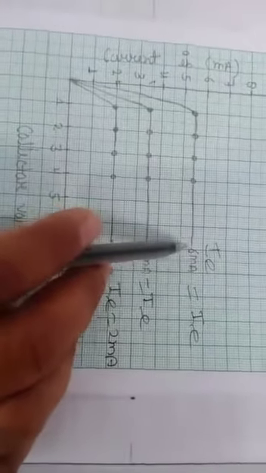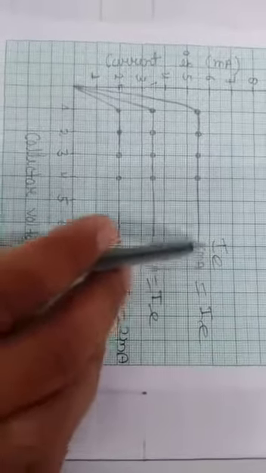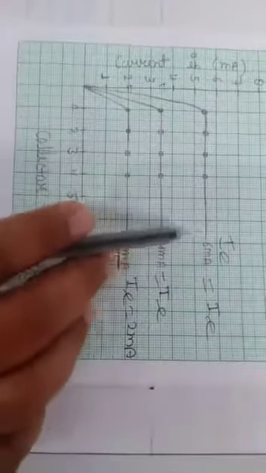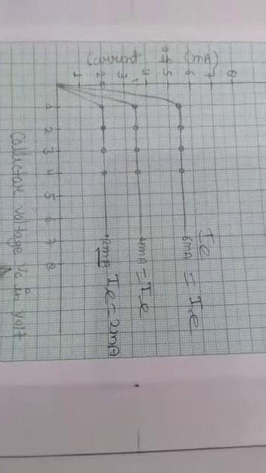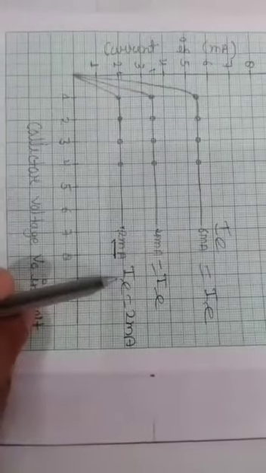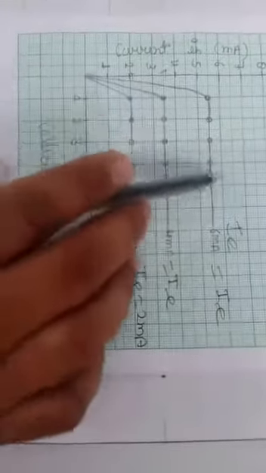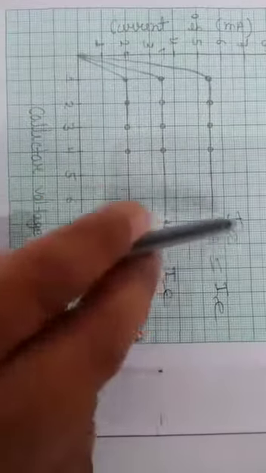Similarly, if you take IE equal to 10 milliampere or 6 milliampere, then we get this graph. By noting down the value of the collector current for different values of the collector voltage, keeping the emitter current constant, we draw this type of curve, which is the output characteristic curve of the PNP transistor in common base configuration, and from this we calculate the value of its current gain alpha.